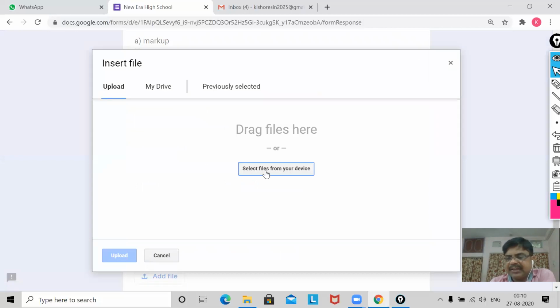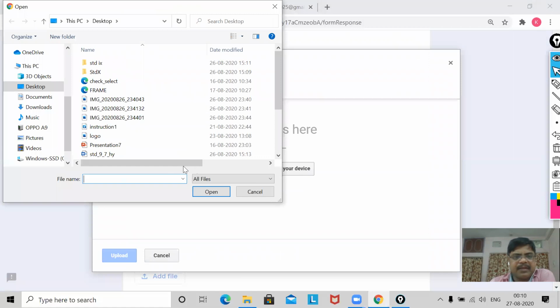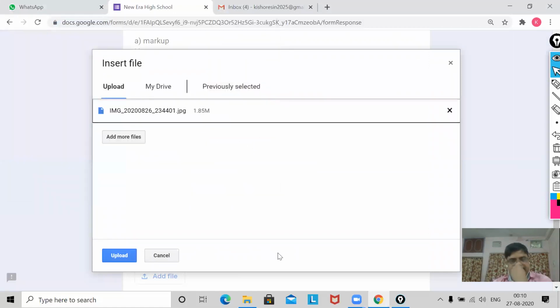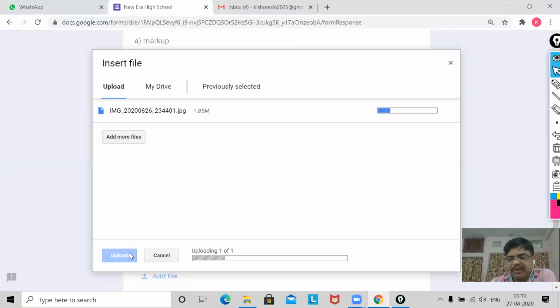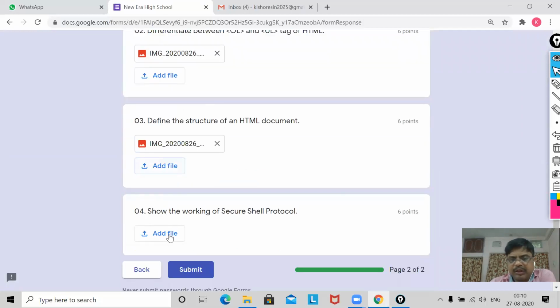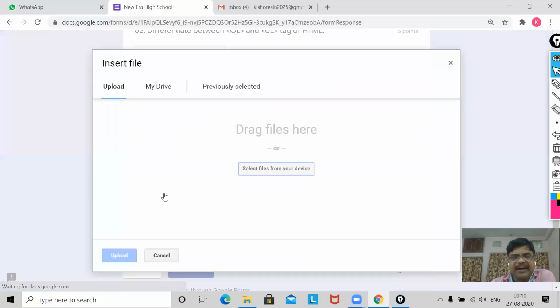The third one contains the last number 01. This is my second one. Open. The second sheet I have already uploaded. It is in process. Now, the last one, click on add file.